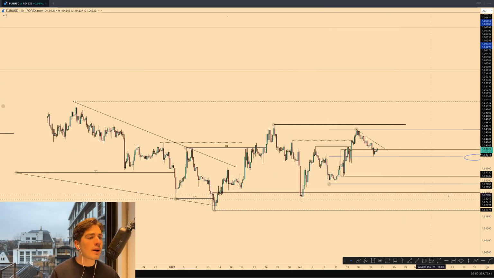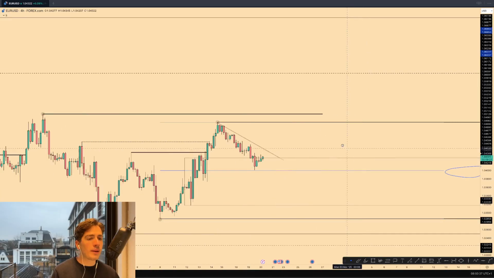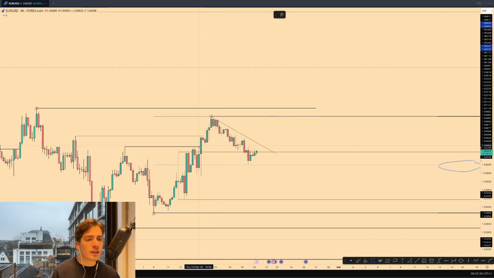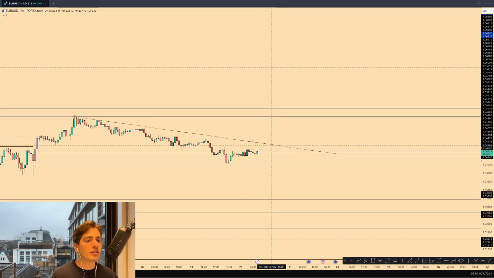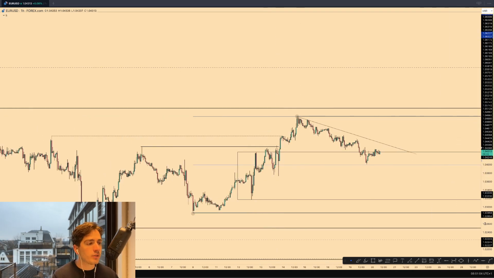Going in towards the 4 hour, we can see that we're building up a lot of liquidity, and as well that on the 4 hour, inside of that daily area of demand, we also have an area of 4 hour demand in these wicks over here in this area of consolidation. So what I'm now looking to see is that the market will see a potential reversal from that area of consolidation and start pushing up higher. So we know, okay, we're inside daily demand, we're inside 4 hour demand, and we hit that 0.5 fib level pretty much. I'm then looking, okay, can we go into the lower time frame and start identifying our potential long